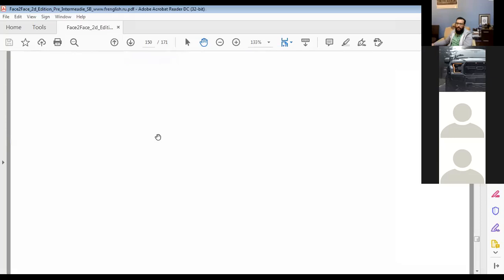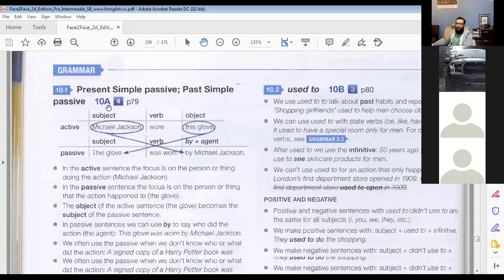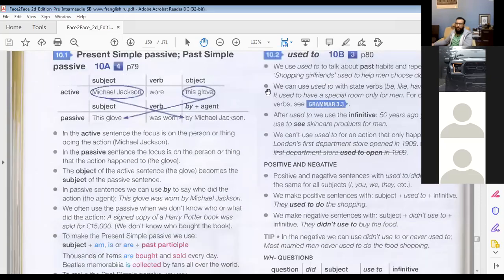Can you see this? Present simple passive and past simple passive. Can you see the summary here on the left side? Yeah. So let's take a look at the table. So here in this table, the subject is Michael Jackson. The subject is in the beginning and the object is in the end,